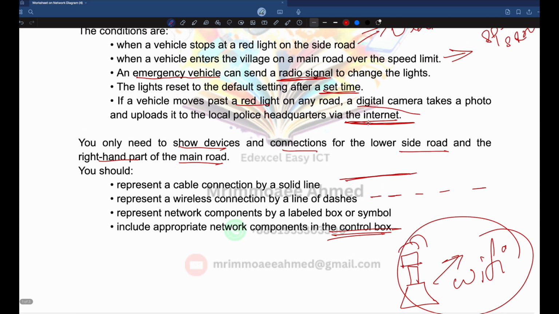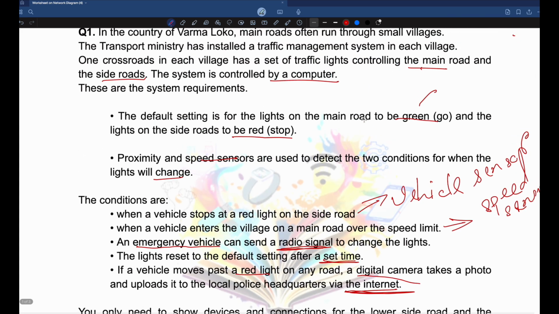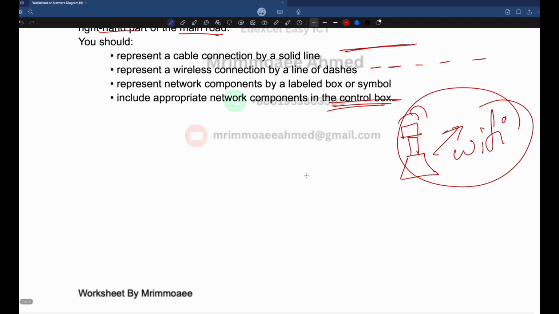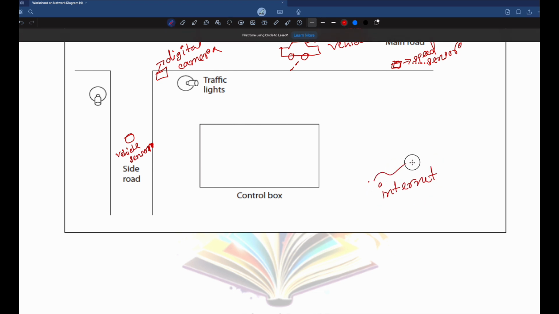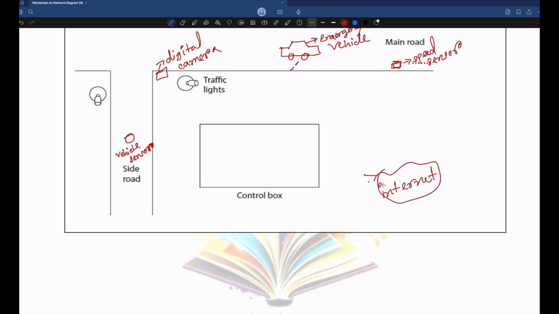They mentioned that there will be an internet connection as well, controlled by a computer. So that means the internet is coming from the internet service provider, right? So we think that the internet is coming from the internet service provider. Then we send the internet to the control box by using a router, right? You can write a router or a modem. So by using a router, suppose this is a router,